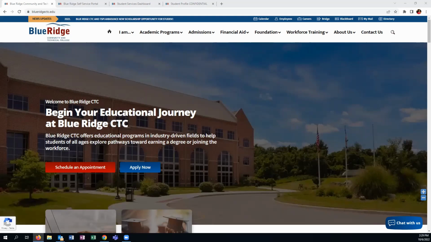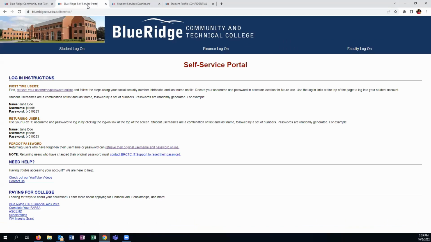In order to sign into your Bridge account, you will navigate to the blueridgectc.edu website and click on the Bridge icon in the top blue ribbon. At that time, you will be rerouted to the Bridge login page. You'll click on the Student Login button in order to provide your username and password. Your username is the first part of your Blue Ridge CTC student email, the first part before the @